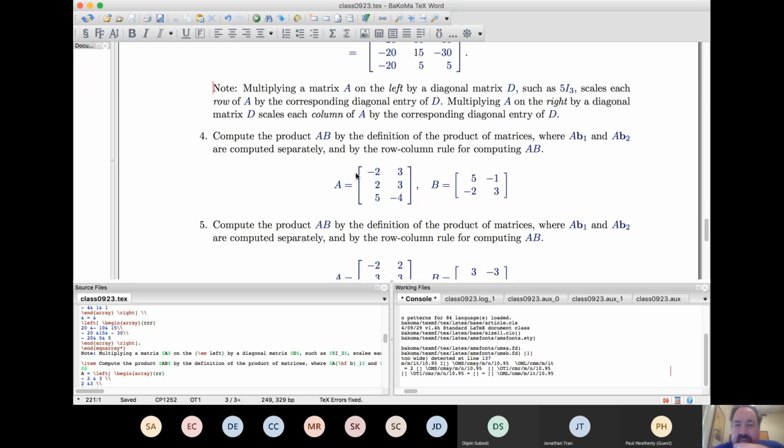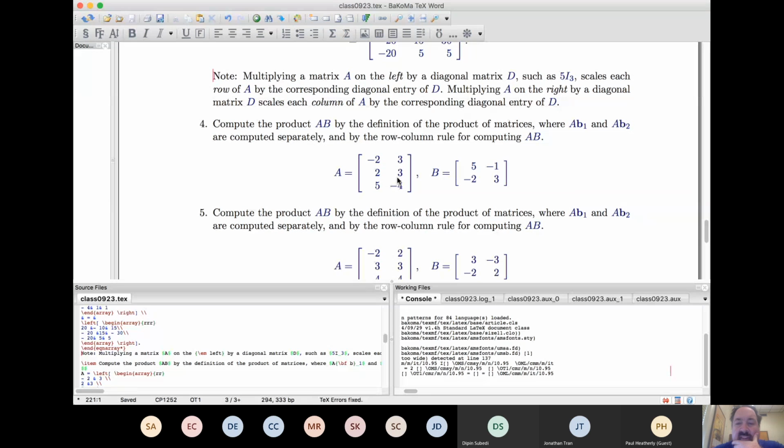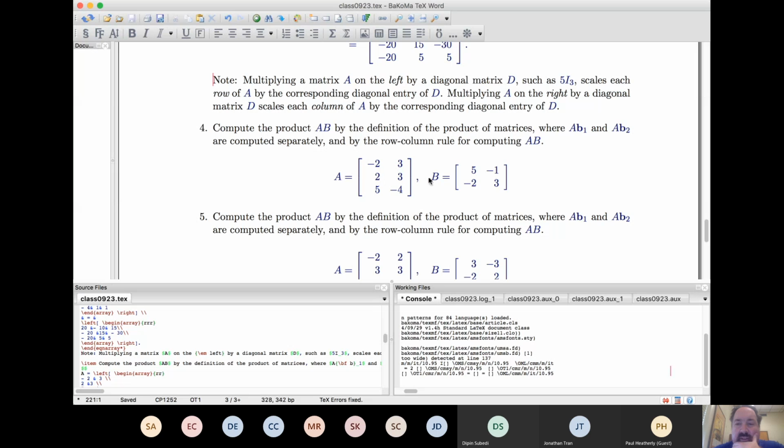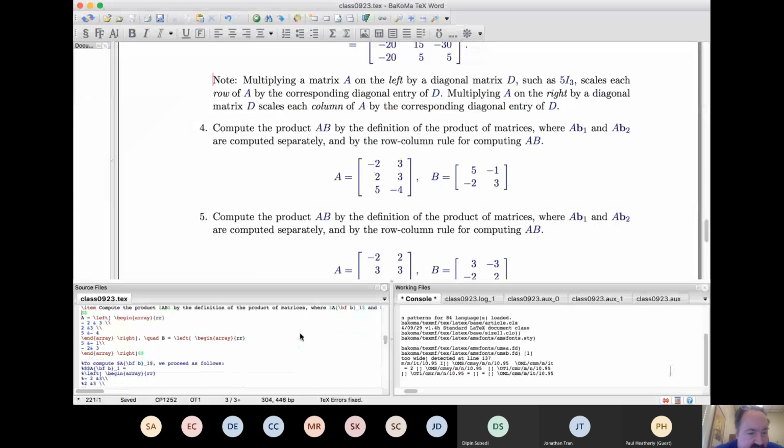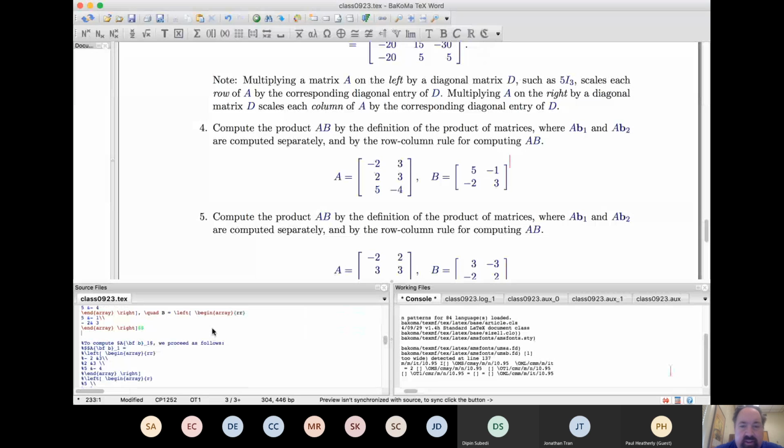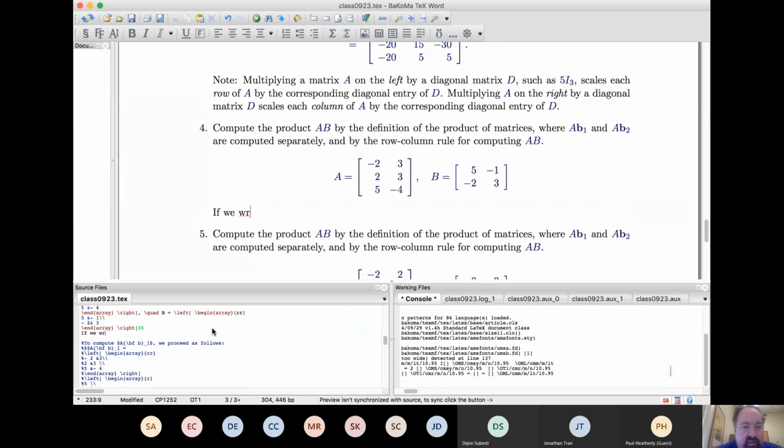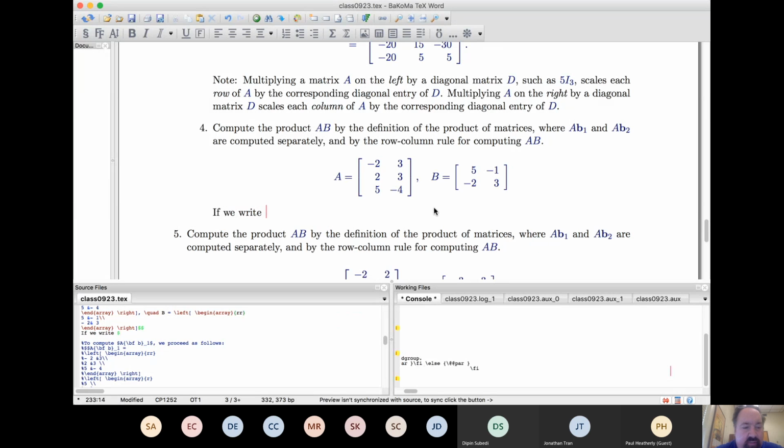All right. So here we have 2 matrices to multiply. So it's featured in the next 2 problems. And what you can do is you can work them out one column at a time using an operation that we've seen already. That's a matrix vector product. So what you could do is, if I write B in terms of its columns,